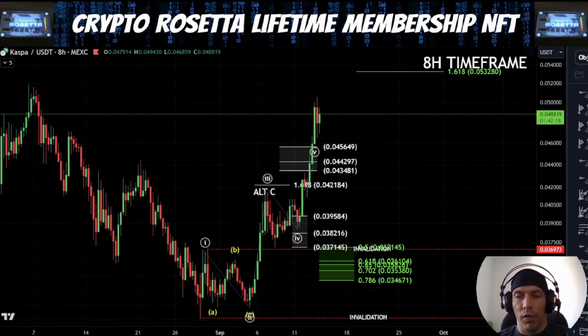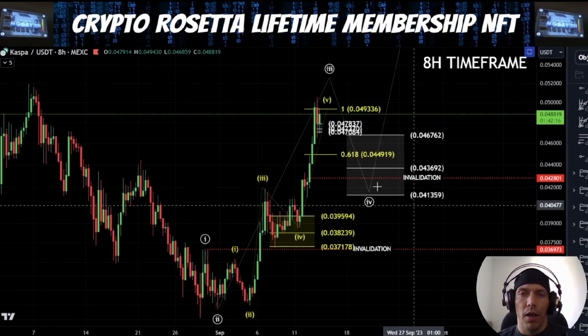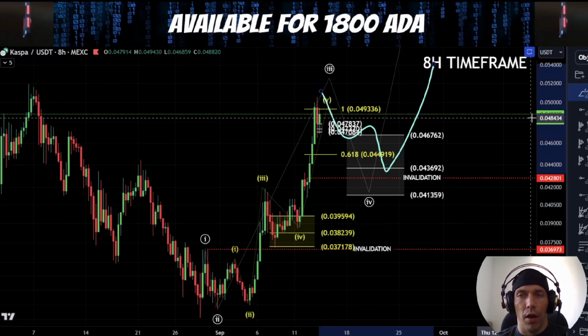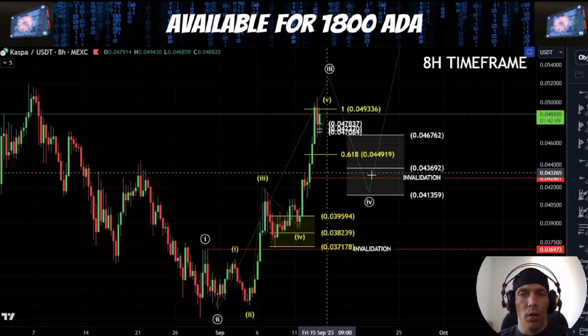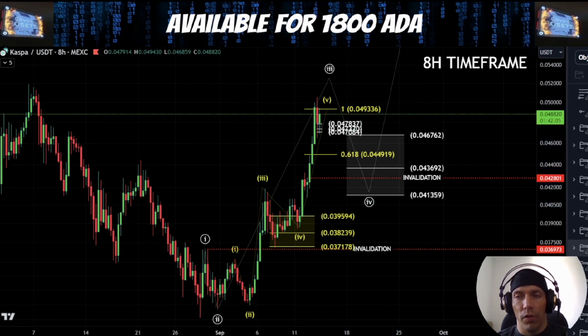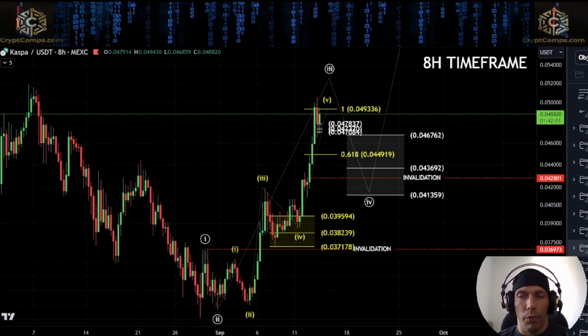If we are looking at this alternative that we went over here, we'd be looking for an additional fourth wave down and then seeing a continuation up one more time again in the fifth wave. So it's going to be important as to how we respond around this area if we do see this move looking to actually have that fourth wave retracement.